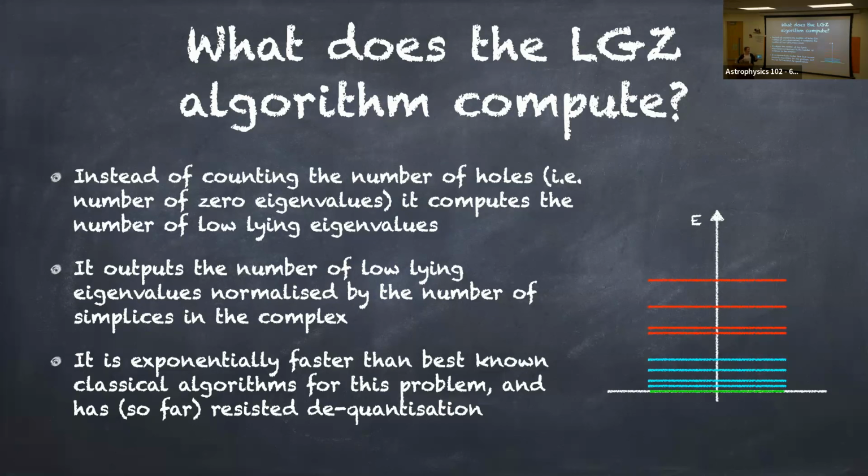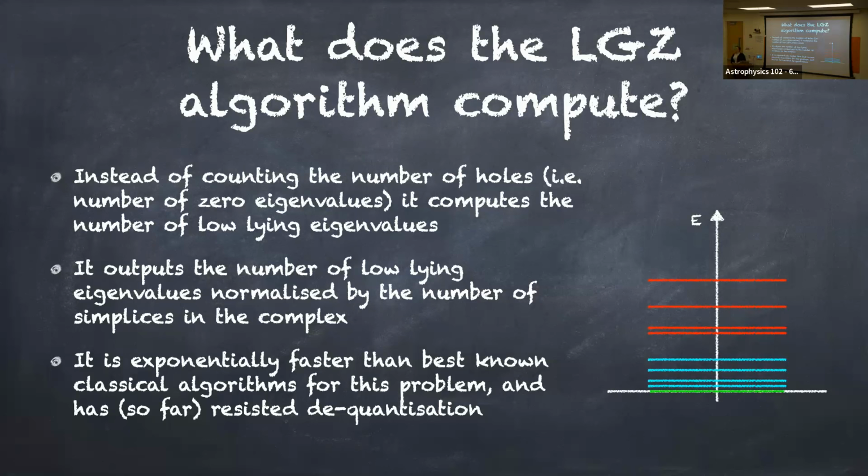For example, if we think about just graph Laplacians rather than the combinatorial Laplacian, it is known that low-lying eigenvalues do give you information about the graph, and it's postulated that the same is true for the combinatorial Laplacian. The bigger issue with the LGZ algorithm is that it doesn't actually output the number of low-lying eigenvalues itself. It outputs the number of low-lying eigenvalues normalized by the number of simplices in the complex. And this is an issue because the number of simplices...